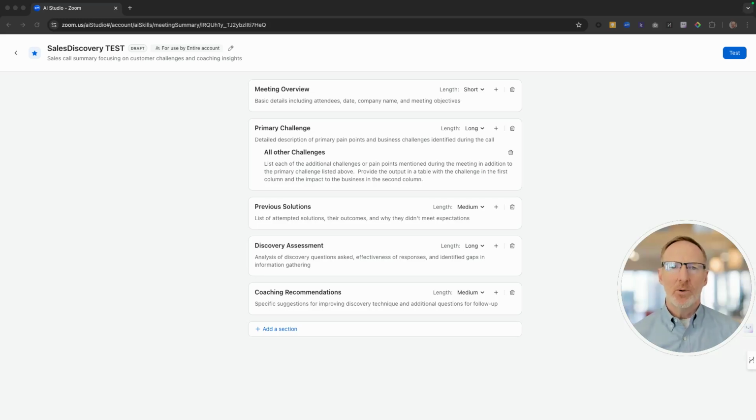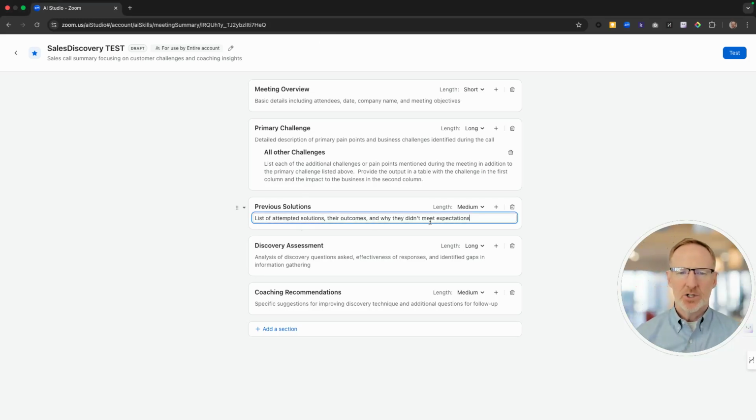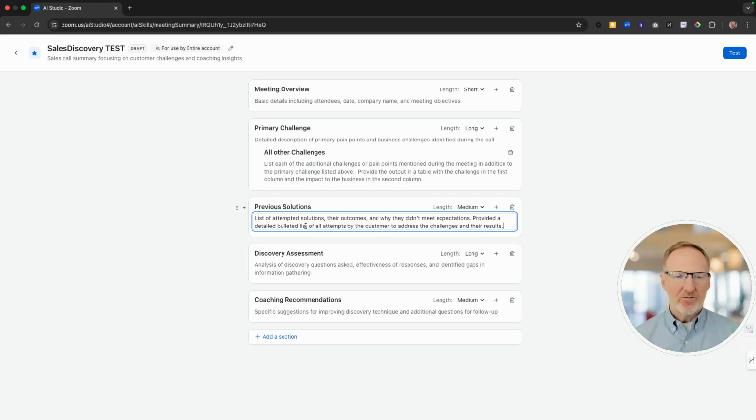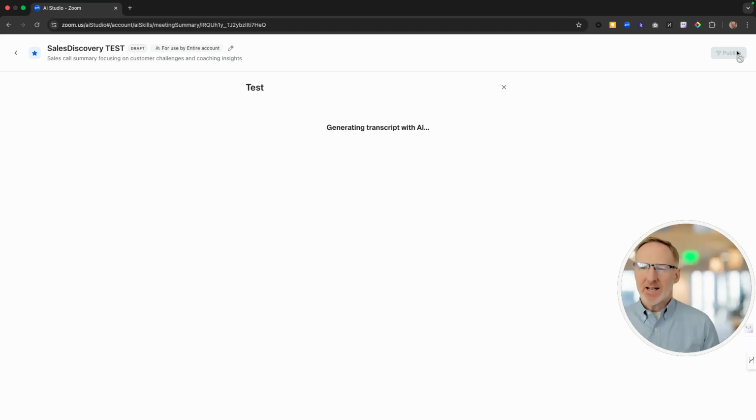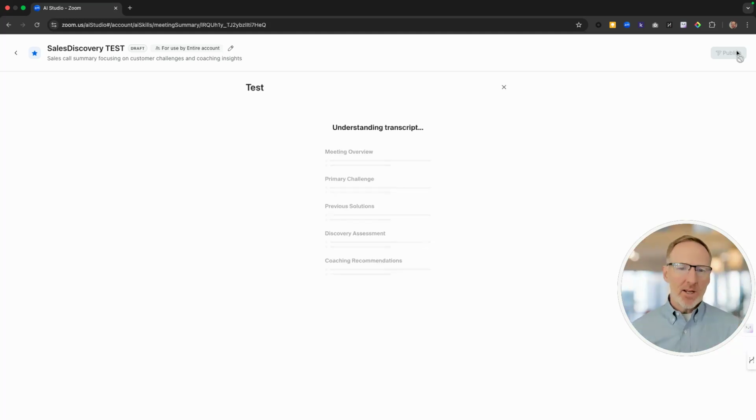Let's say, for example, we want to get down here for previous solutions, list of attempted solutions, their outcomes. I like that a lot. Let's say provide a detailed bulleted list of all attempts instead though. So let's make that a bulleted list, and we'll go ahead and test this, right? So what's happening now is, again, the system's generating a mock transcript that's going to create the environment that would allow you to be able to test this particular